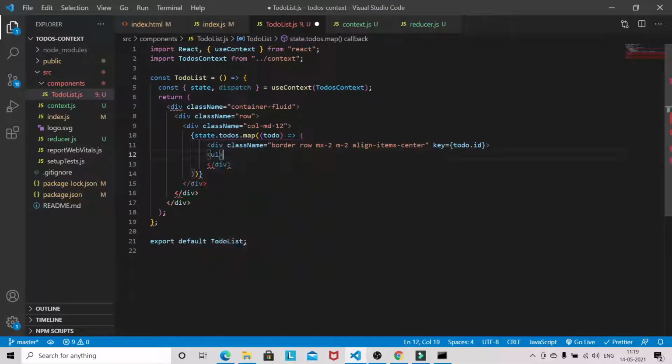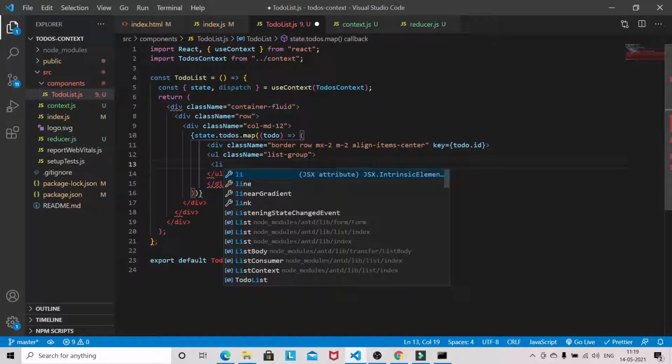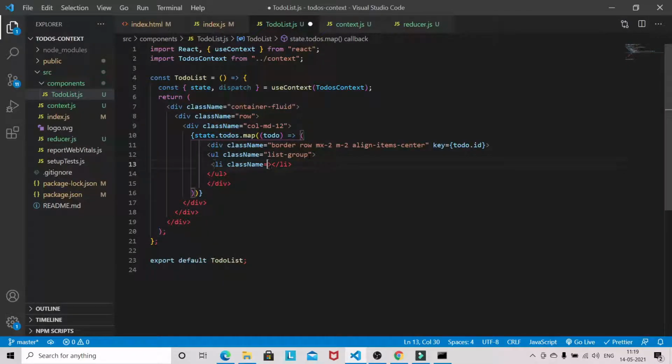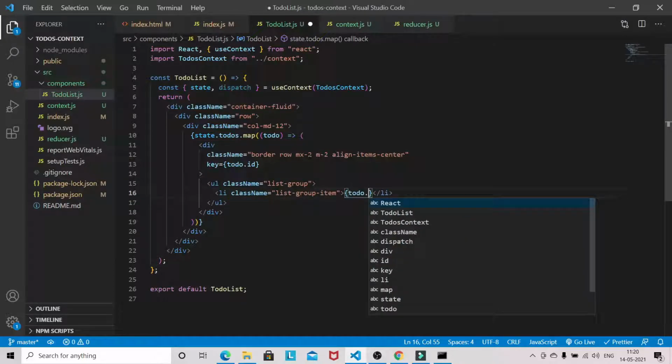Now ul, so ul with a class name list-group, and li with class name list-group-item, and here you will put to-do dot text.